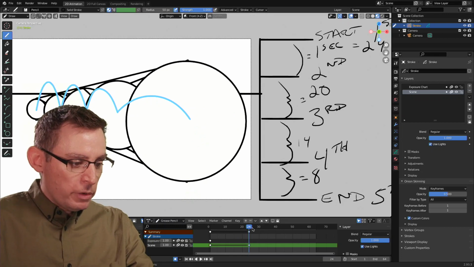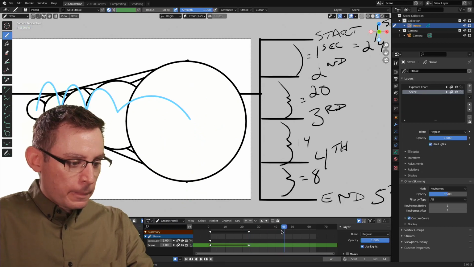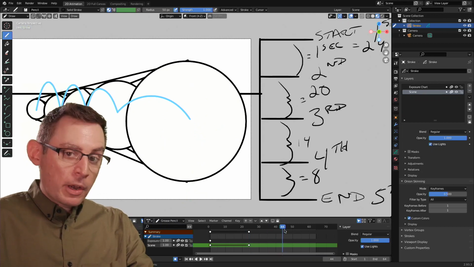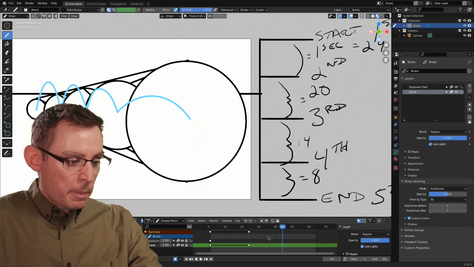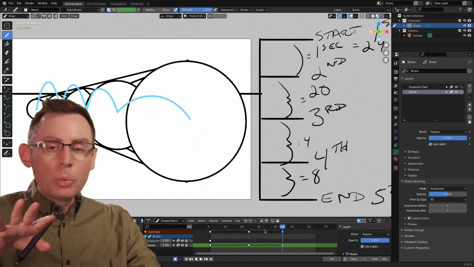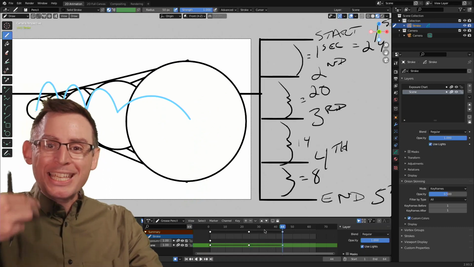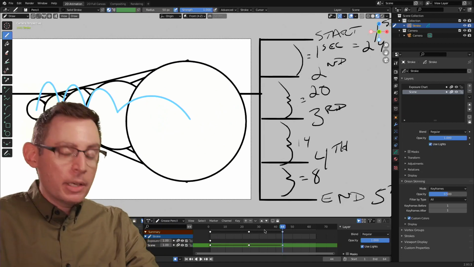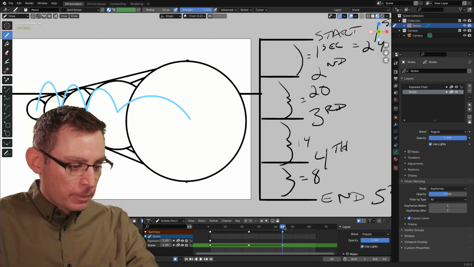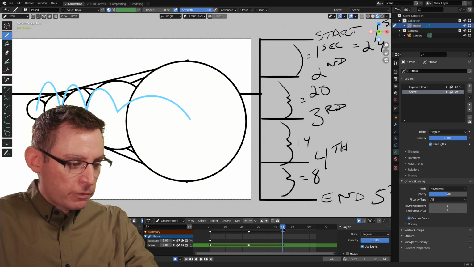Now I'm going to go 20 frames forward, so now we're at 44. I still have that keyframe saved in my clipboard, so Command-V to paste it in. Really what I'm doing here is establishing a keyframe system inside of my timeline so I can test my timing. Then 14 frames forward, so that puts us at 58.